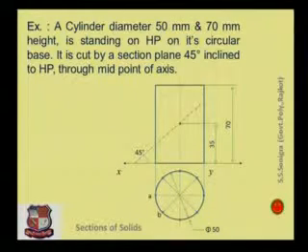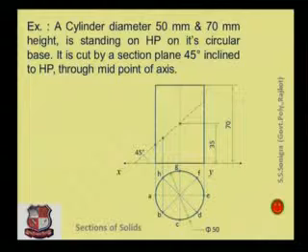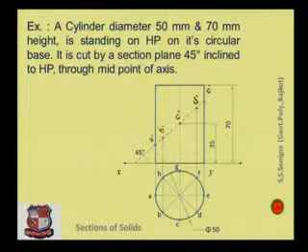Name these points A, B, C, D, E, F, G and H. Means all these lines are at an equal angle. So 360 by 8 would be 45 degrees. After dividing this circle into equal parts, take generators from its top view. From point B, draw a vertical line. From points C, D, E, F, draw vertical lines which cut the cutting plane at certain points, that is A dash, B dash, C dash, D dash, E dash, F dash, G dash and H dash.